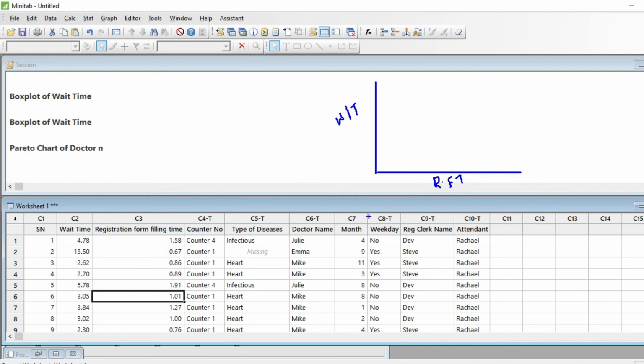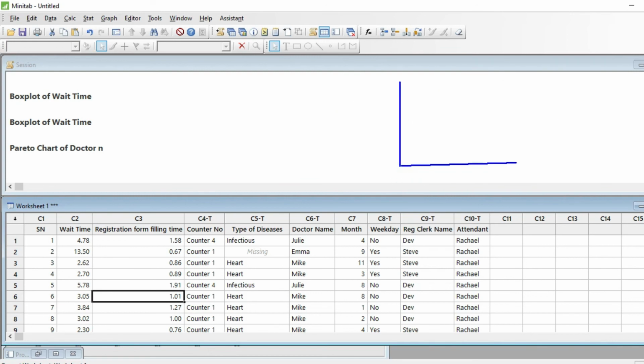If I pick up each of these registration form filling times and look at the wait time against each of these values, we can start plotting these values something like this. Okay, and if I put 2 lines here, you see these points are moving in one specific direction from the bottom to the top.